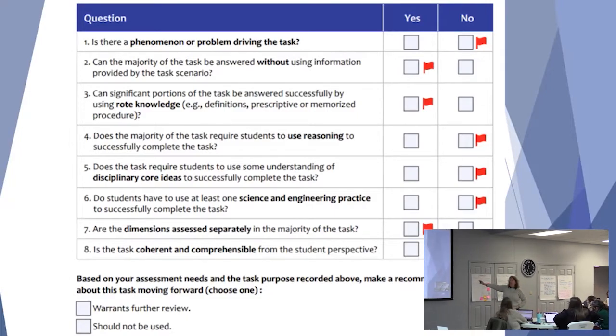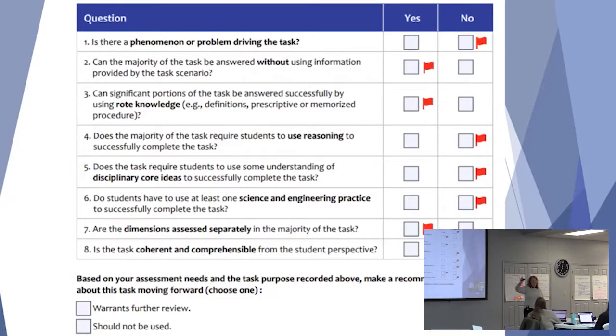This tool is available to look at a task at a very high level, like a quick, let me just go through this task and let me see if this is even worthy, quote unquote worthy, of using in the classroom. All right? You will notice that there are 8 criteria, big picture criteria. Many of them we've talked about already from our perspectives.